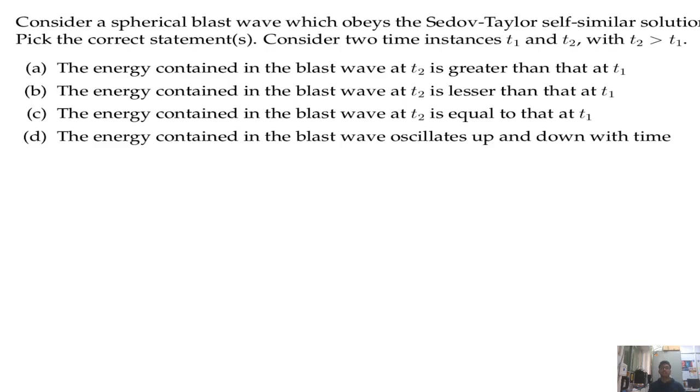Consider two time instances T1 and T2 with T2 greater than T1, right? So the energy contained in the blast wave at T2 is greater than that at T1. The energy contained in the blast wave at T2 is lesser than that at T1. So first of all, what we need to understand is